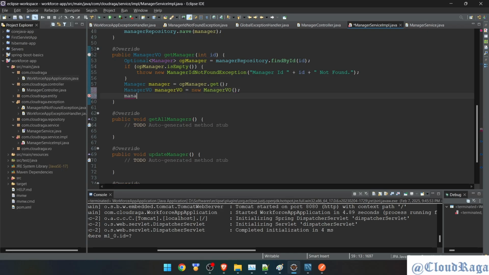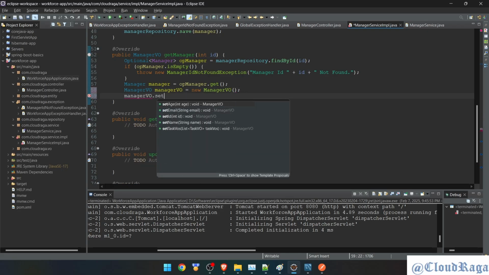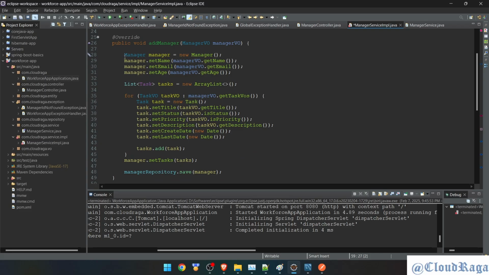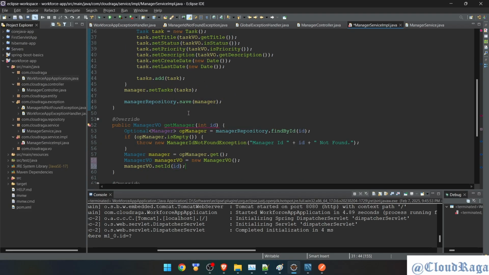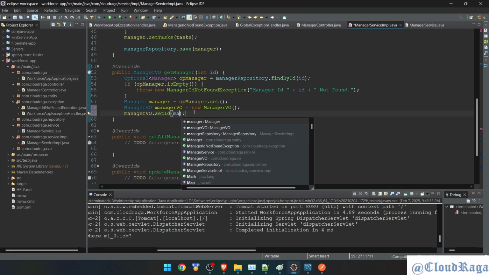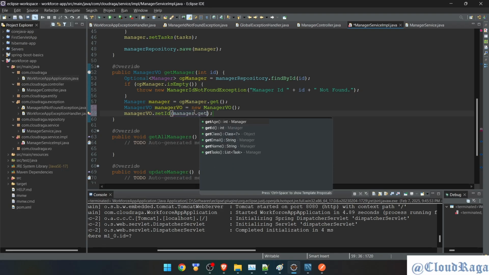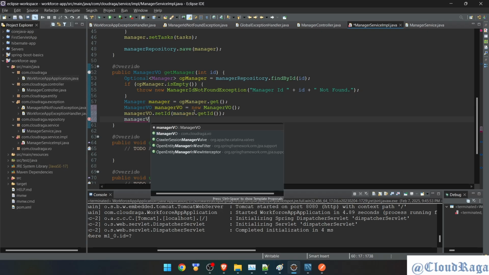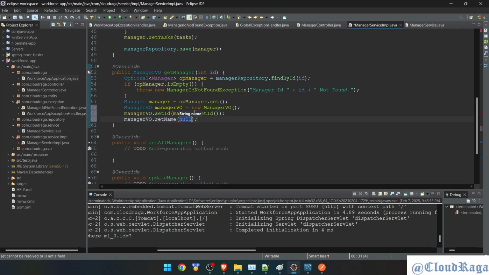then I'll say manager view, give me set ID. This time, because we have to show it and ID is already there, now I can set it. Earlier when we were setting it, it was not required because ID is not coming from request. Okay, and now I can fetch that ID from the manager object, get ID, then manager view dot set name,